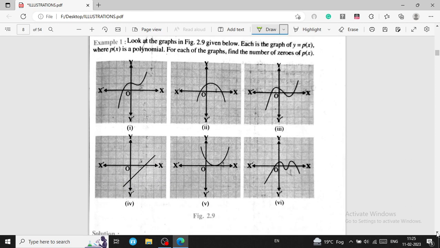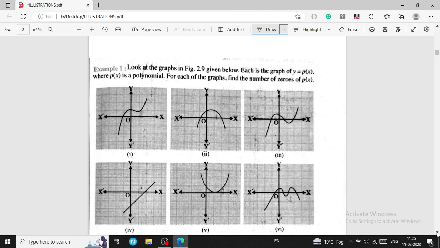Now next chapter. In this chapter, first I am going to discuss how to find the number of zeros from a graph. Here you can see this line is known as the x-axis, this line is known as the y-axis, and this point is where the (0, 0) coordinates are given, and on this line x will be 0 and y will be, if we get y, here you can say that